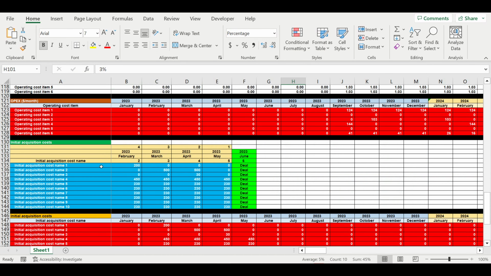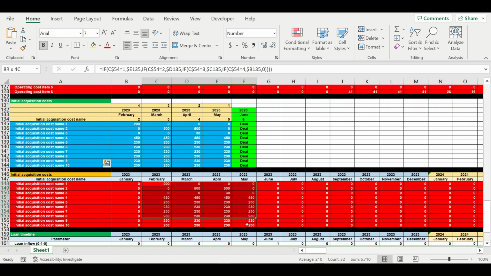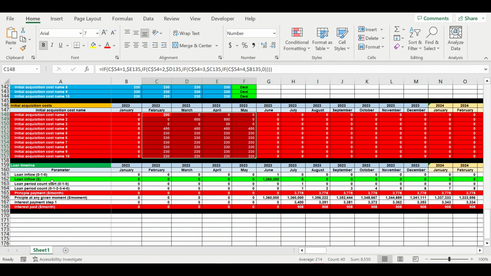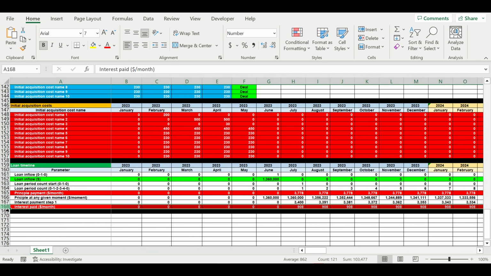Then we added initial acquisition costs. Before the deal, we may have some expenses before the deal happens, and here they are. We specify them, and then we put them inside the timeline. Then we modeled the loan: the inflow of the loan, the principal payments of the loan, and the interest payments of the loan. And now it's time for us to build the cash flow statement, to look at the breadth of our project. This will be the topic of today's